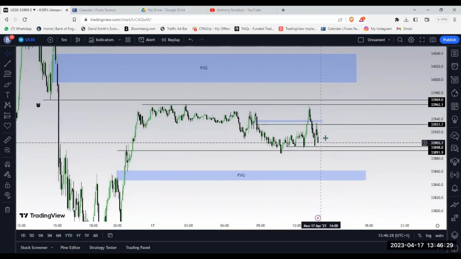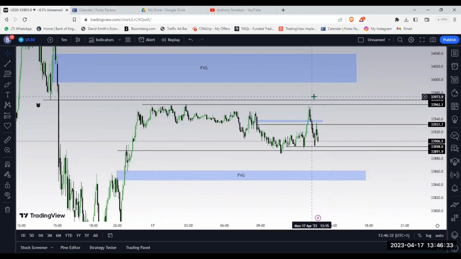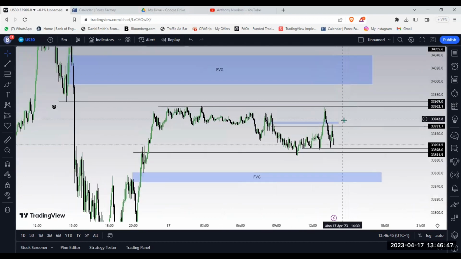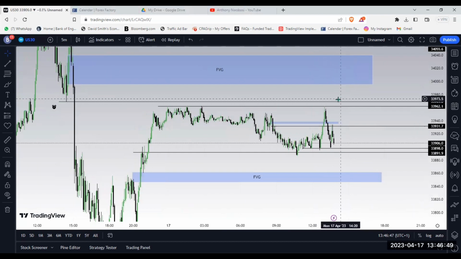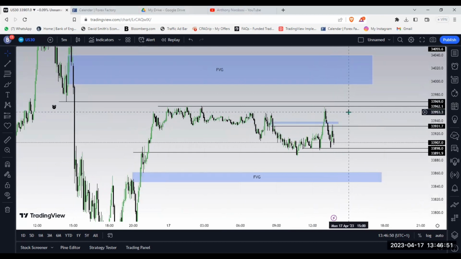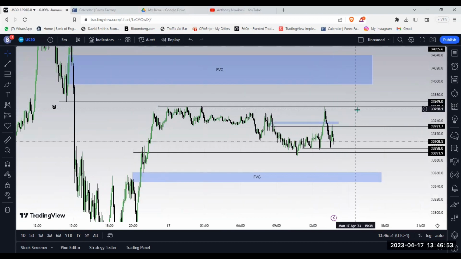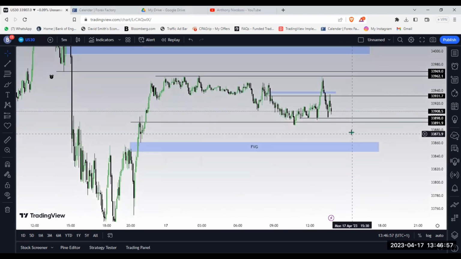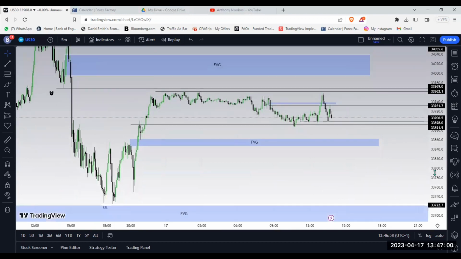So what I'm going to be looking out for is for price to trade up into this breaker. Once price trades up into this breaker, possibly mitigate this FVG here, if it gets to it, which is a low probability. But the high probability, like I said, would be for price to trade into this breaker, and then we have our huge drop down onto this FVG. But if for any reason,